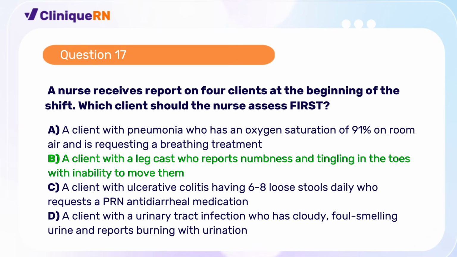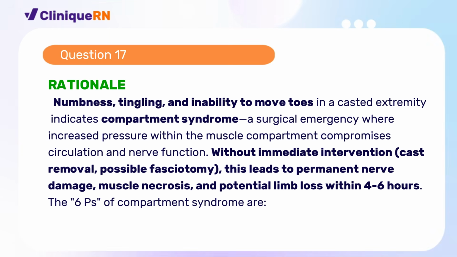The correct answer is B. A client with a leg cast who reports numbness and tingling in the toes with inability to move them. Rationale: numbness, tingling, and inability to move toes in a casted extremity indicates compartment syndrome, a surgical emergency, where increased pressure within the muscle compartment compromises circulation and nerve function. Without immediate intervention, cast removal, possible fasciotomy, this leads to permanent nerve damage, muscle necrosis, and potential limb loss within